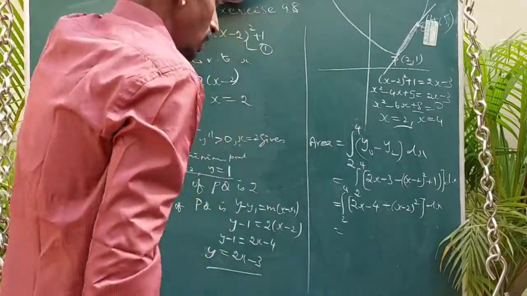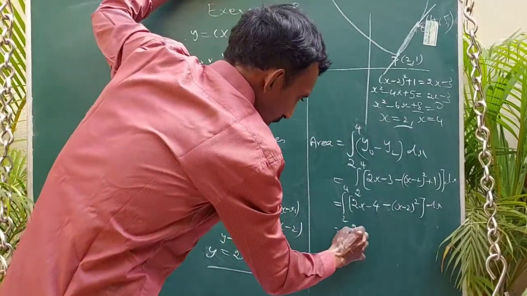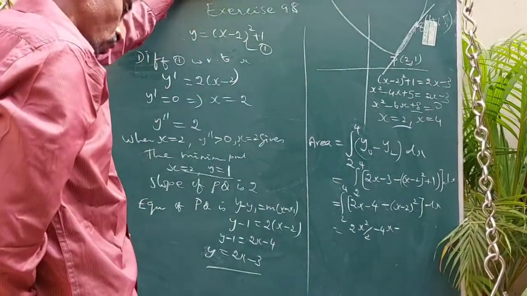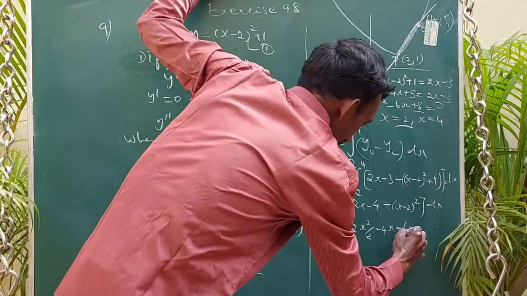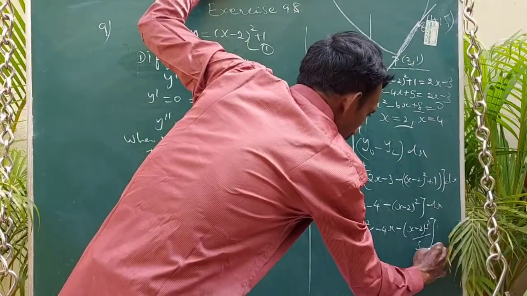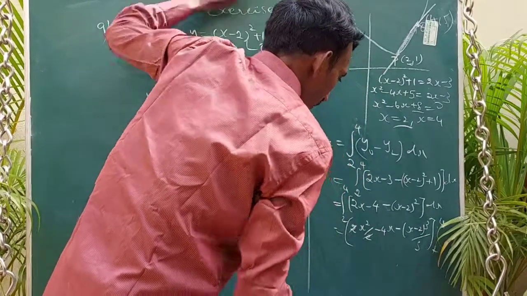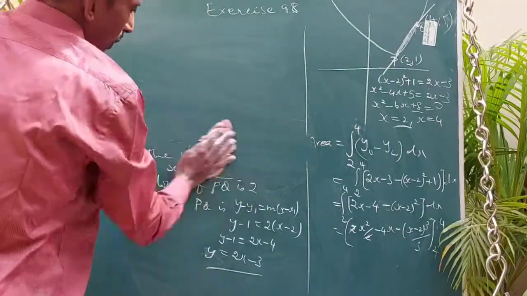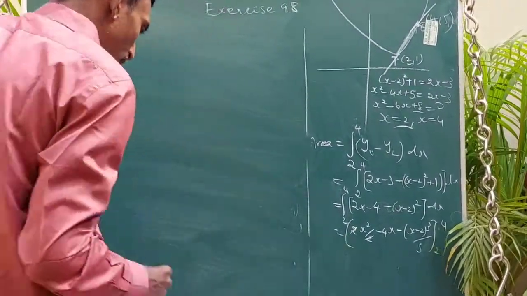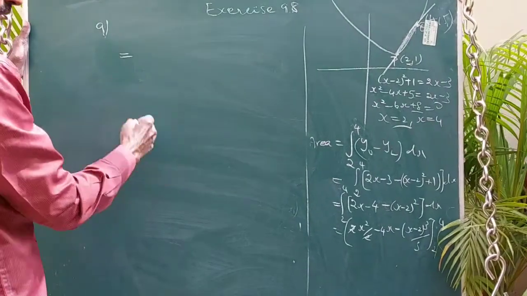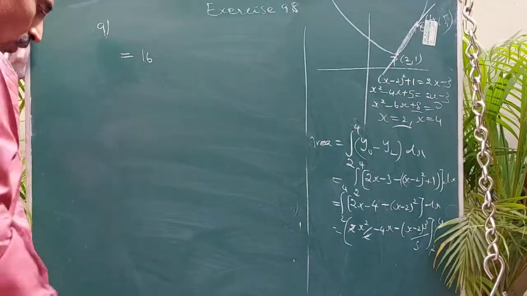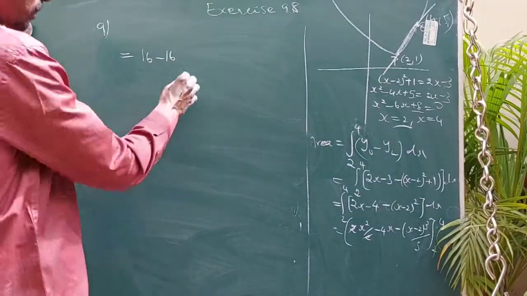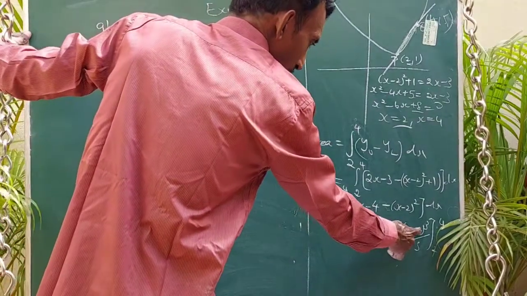So what is that? Again x power n plus 1 by n plus 1. So 2 into x square by 2 minus 4x minus x power n plus 1 by n plus 1. So (x minus 2) the whole cube by 3. So limit 2 to 4. If you want, you can cancel these 2 and 2. Okay. So now put upper limit minus lower limit. If you put the upper limit, what do we get? 4 square 16. Okay. So minus 4 into 4 minus 16. Then minus (4 minus 2)